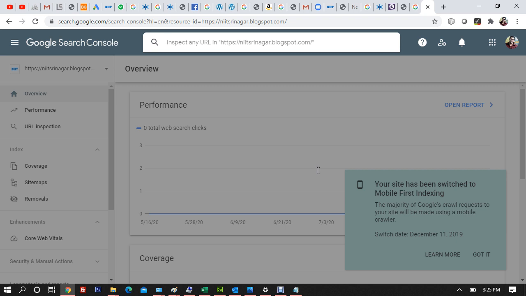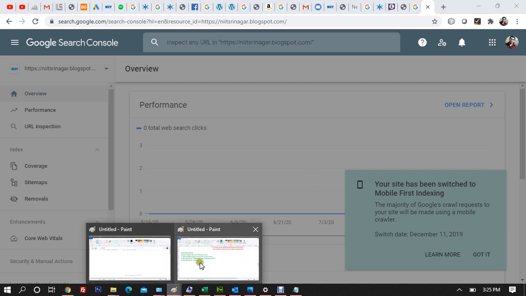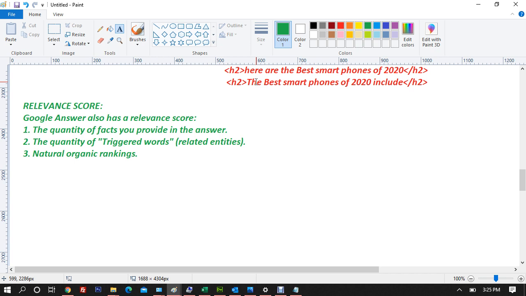Okay, some more relevant points. So let's discuss some more. Okay, the quantity of facts. Google looks for the answers with the most facts, right? It understands statements such as, for example,